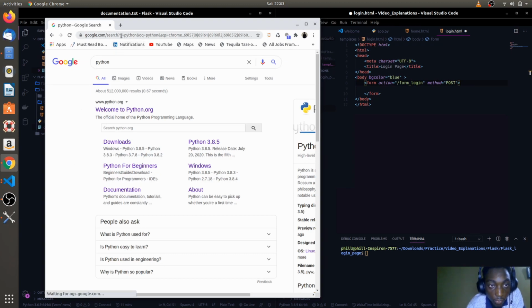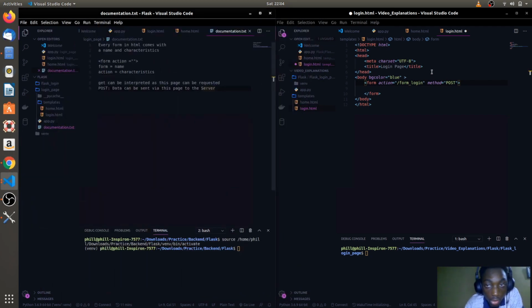But if you pass an extra query, or let's say you're on a website and you want to pass your login, such as your username and password, back to the server, you'll be making a post request because the server has to authenticate whether you're a registered user for that service or not. So that's it. So you're making a post request, and